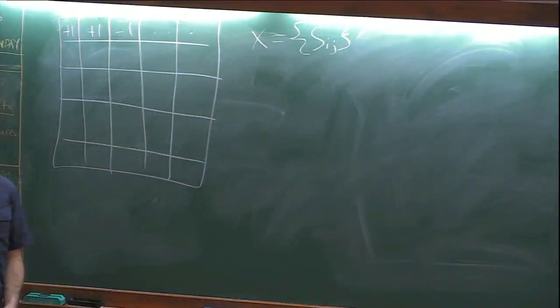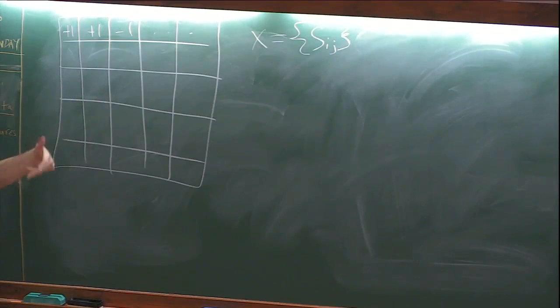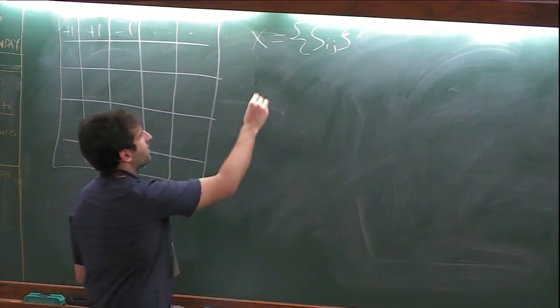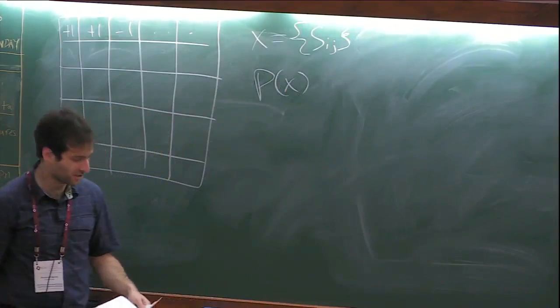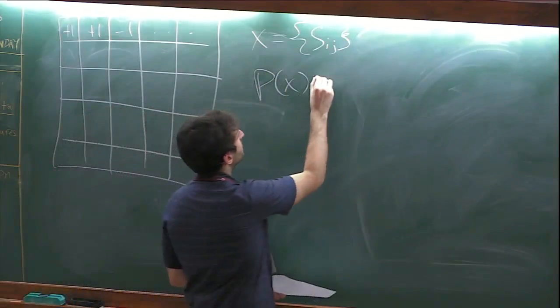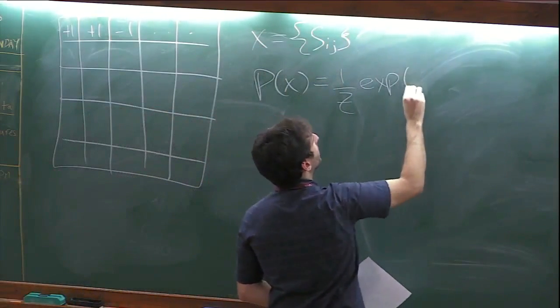So if you want to try and understand what the parameters are, I'm going to allow you to look at the entire configuration and do whatever sort of analysis that you want on it. And we're going to try and find the Fisher information for that. So the probability distribution for a particular configuration is going to be given by 1 over Z